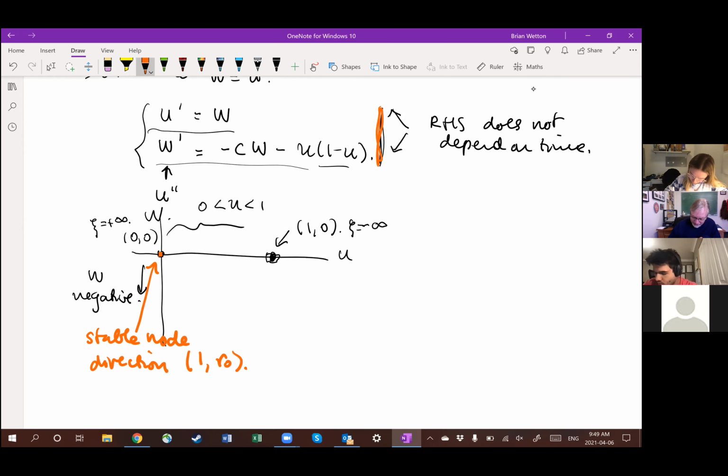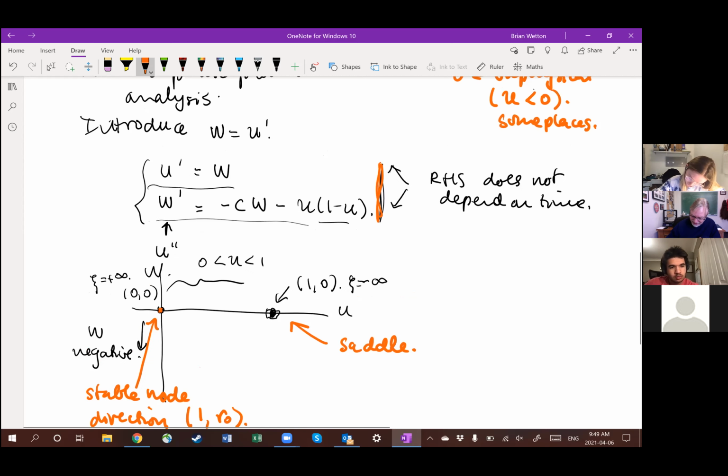right? And here, this was a point that had a positive eigenvalue and a negative eigenvalue, so that makes this a saddle equilibrium. I want to be on the direction where I have exponential decay as C goes to minus infinity, right? Which means I want this,